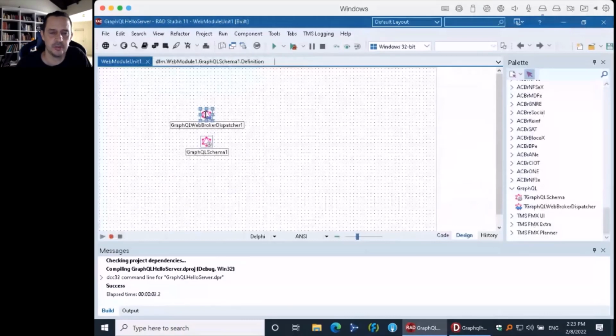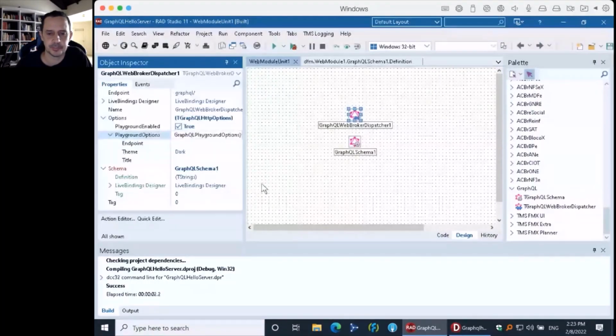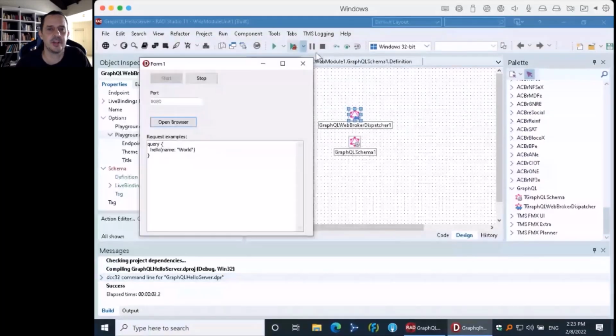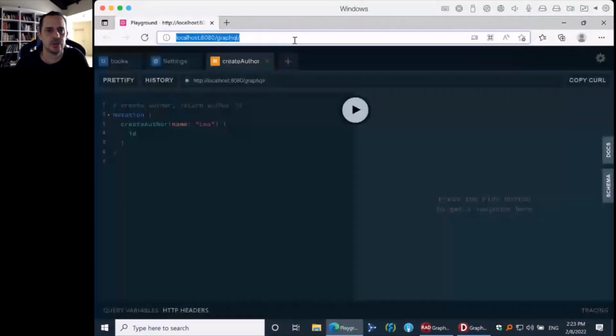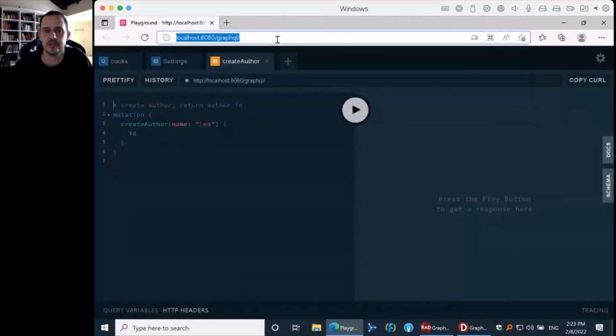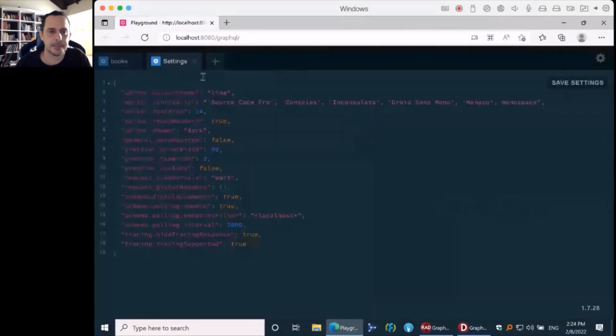This is disabled by default because in production we will not use it, but we can enable playground so that if I open the server endpoint in the browser, so this localhost 88/GraphQL is the endpoint of my GraphQL server, it will automatically open the GraphQL playground IDE. Okay. Now I can start running queries